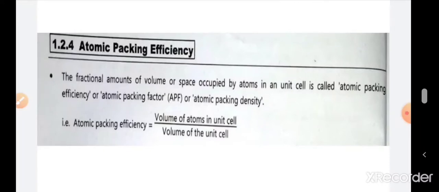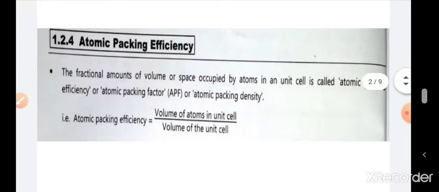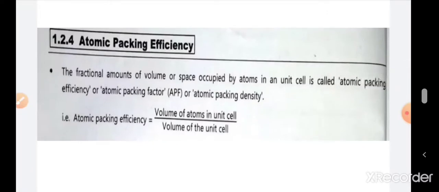That's why in case of volume of atom in unit cell we have to consider the volume of sphere multiplied by the number of atoms in that unit cell for different crystal structures. So for volume of atom we consider the volume of sphere as the shape of atoms is spherical, whereas for volume of unit cell we consider the volume of cubic structure, because we already considered in a previous lecture that the shape of unit cell is cubical.